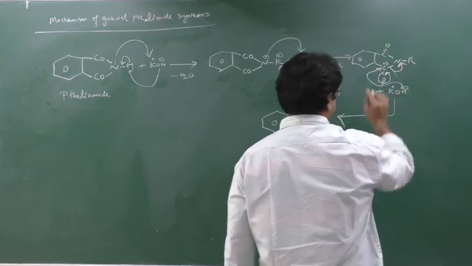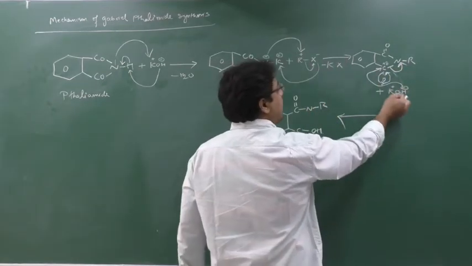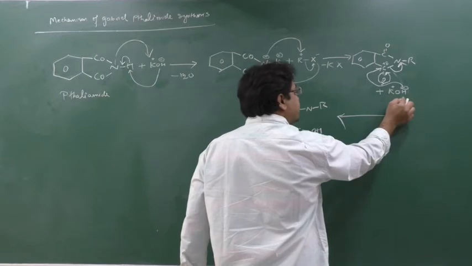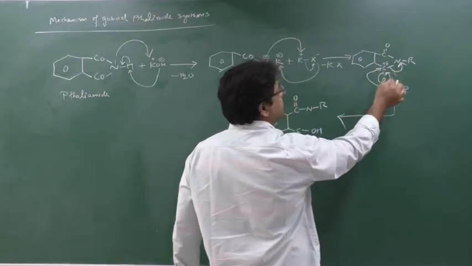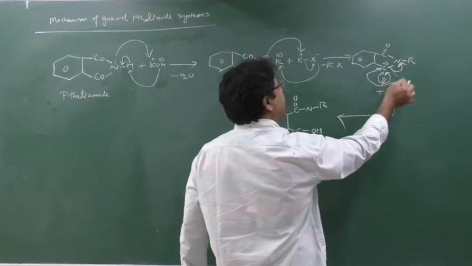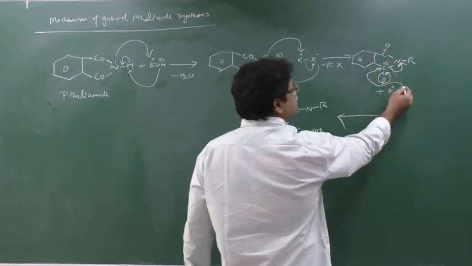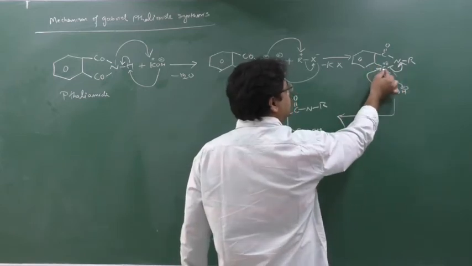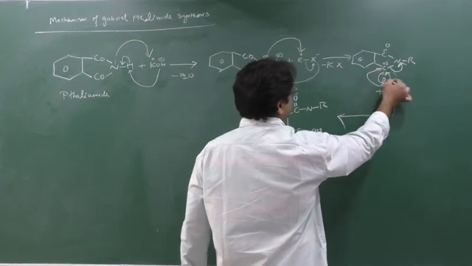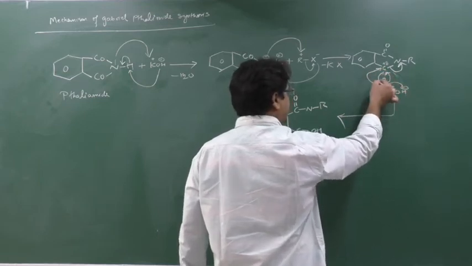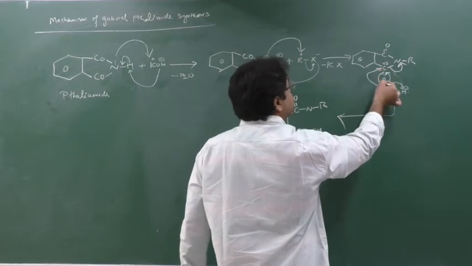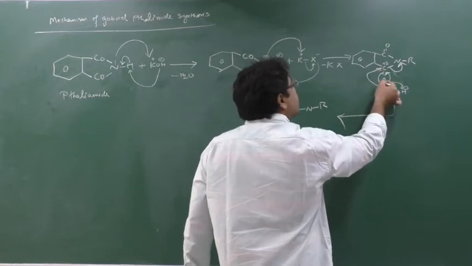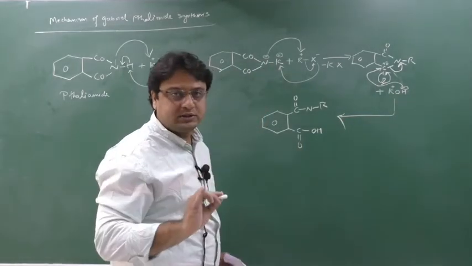Now come to the second part. Out of this KOH, OH is the partially negative charge, the negative ion. So it is finding this carbon, because this carbon is associated with this oxygen, which is a more negative element, and it will create a partially positive charge. So this OH minus will attack this carbon. To make a new bond with OH minus, carbon has to break the old bond. So carbon is trying to break the pi bond with oxygen, but oxygen is doing back bonding, and you know what back bonding means, I would have told you.